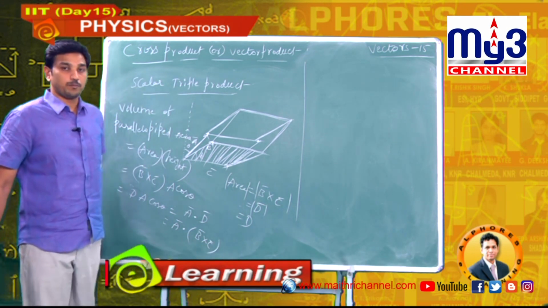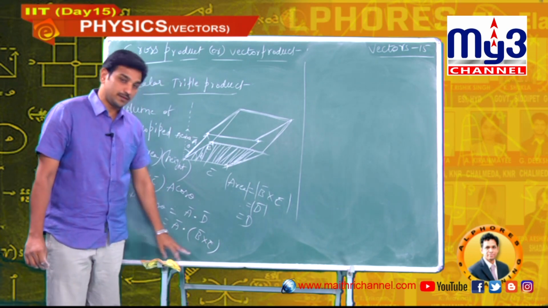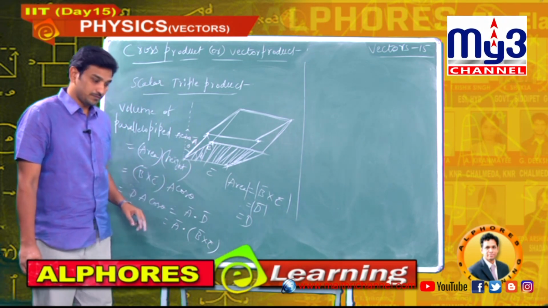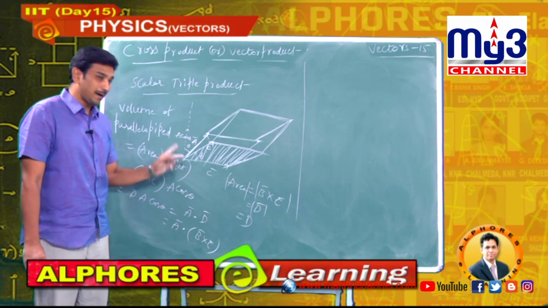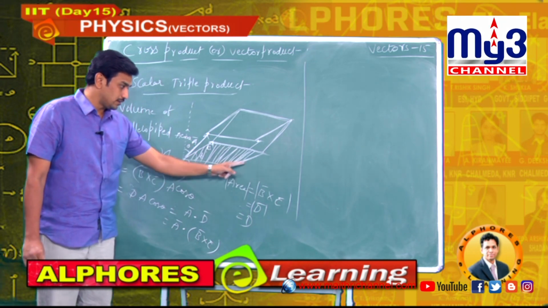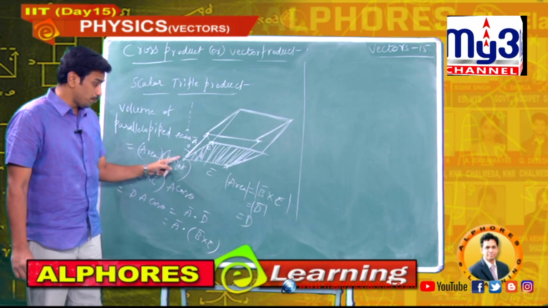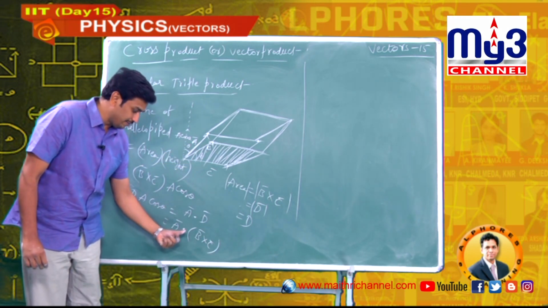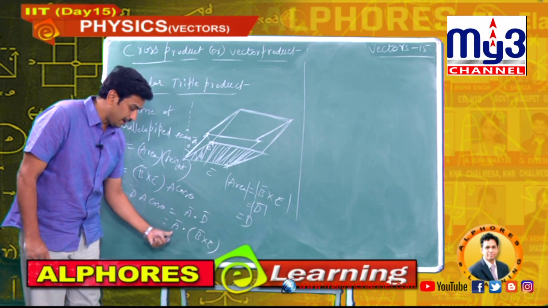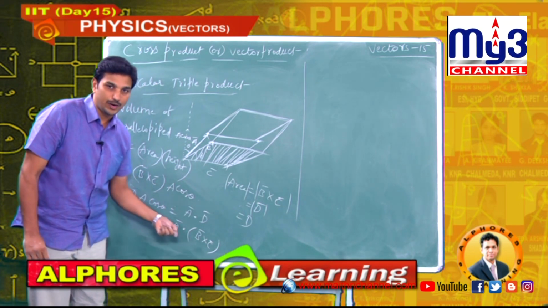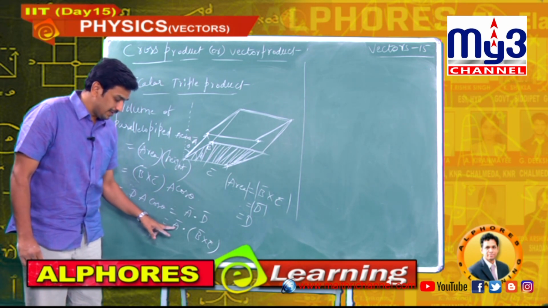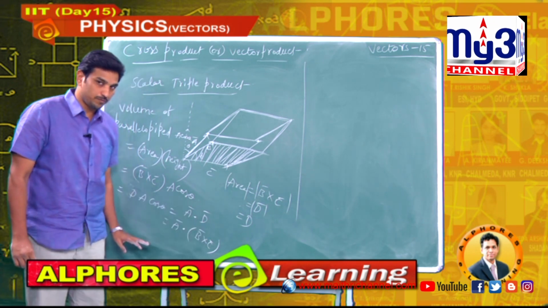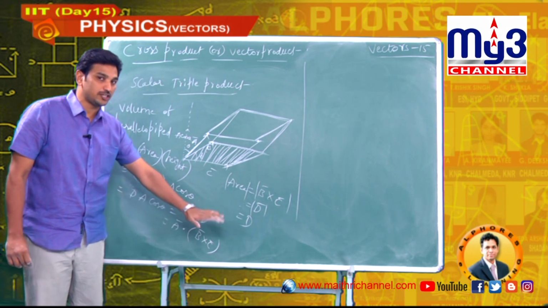Now the scalar triple product formula, A bar dot B cross C. What is ABC? B, C vectors in this way, A bar, B bar, C bar. So here the volume of the parallelepiped is A bar dot B cross C. It's not like one order, you can arrange anyway, B bar dot A cross C, C bar dot A cross B. It's not like you have to follow one method. So here may be B, here may be C, these two may be AB, these two may be AC, anything, no problem. You can arrange ABC in any order.